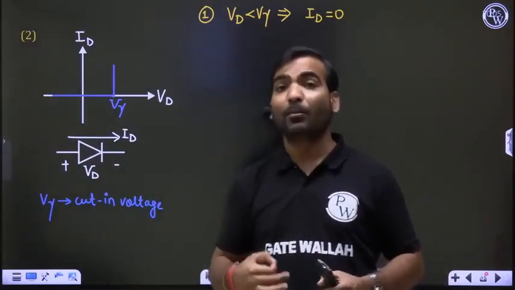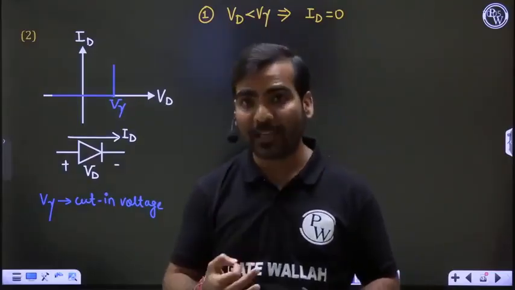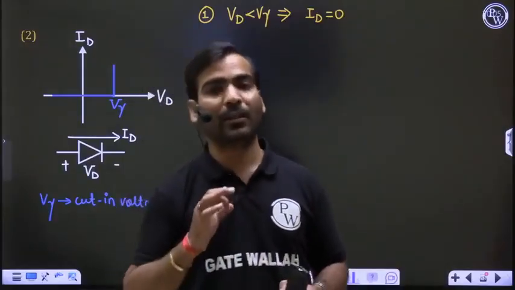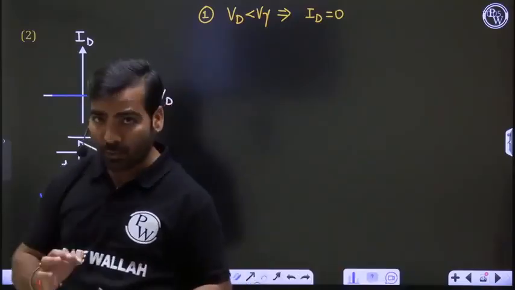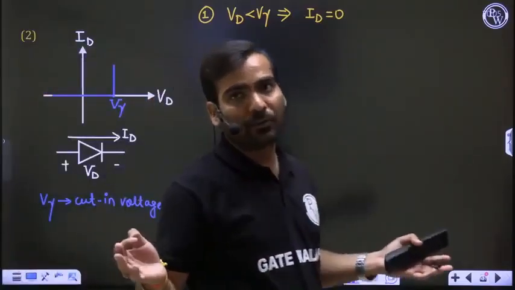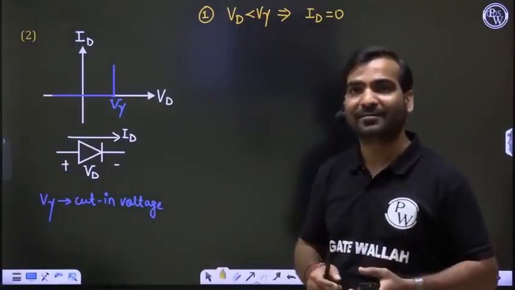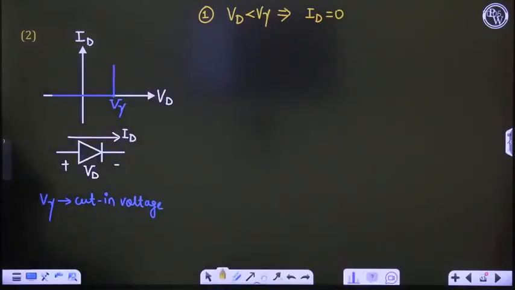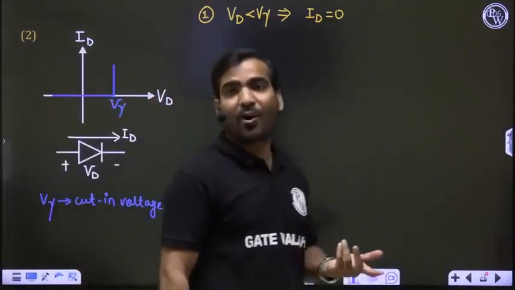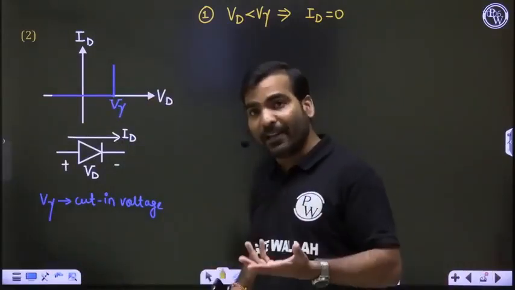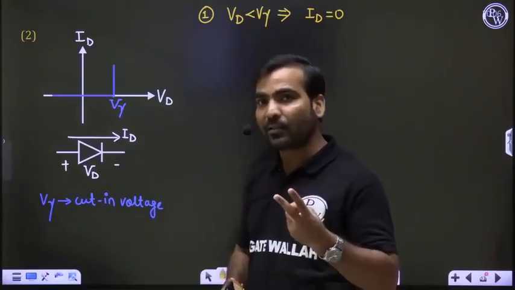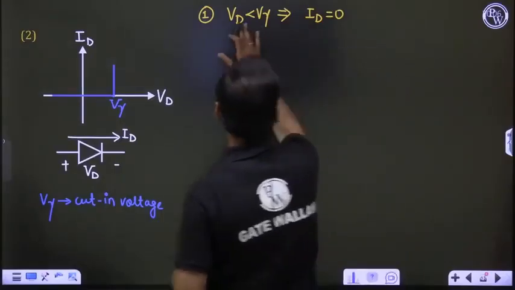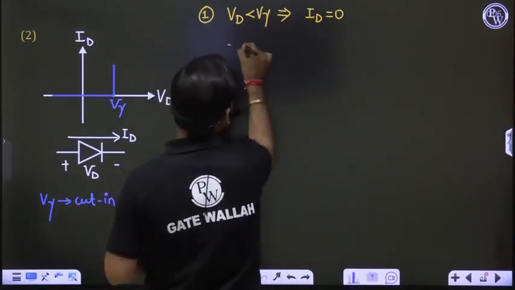Now the question is, which element from the network has any voltage but current is 0? Which element of the network guarantees that current is 0 and voltage can take any value? Let me know, I'm waiting for your answer. Open circuit. Yes, open circuit can have any voltage, but current is 0, 100%. So when Vd is less than V gamma, Id is 0, and the diode will be replaced